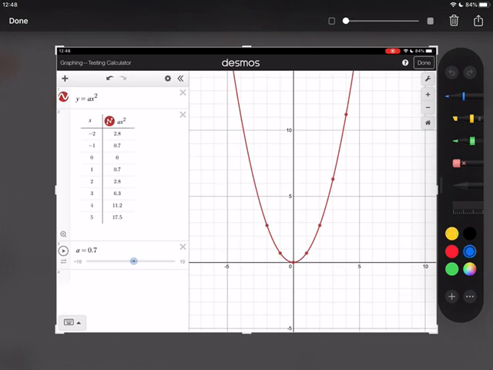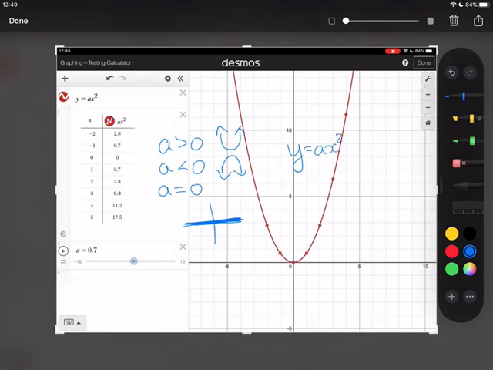When a is greater than 0, you'll notice that the graph opens upwards. When a is less than 0, the graph opens downwards. And when a is equal to 0, I get this straight line on y equals 0, which makes it linear, not quadratic. So when I'm talking about this general form of a quadratic function,